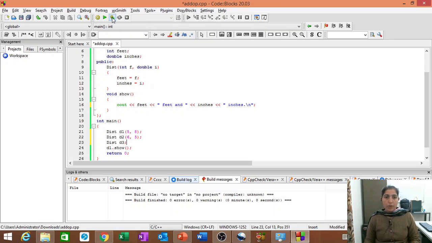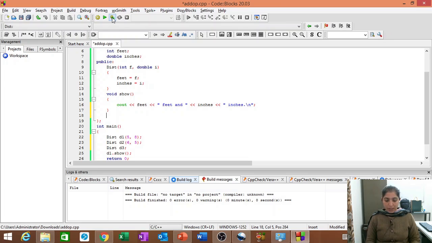So the normal approach is to write an add function, right? I think we have already done this, how to add two objects and put their result into a third object. But for the sake of more clarity,